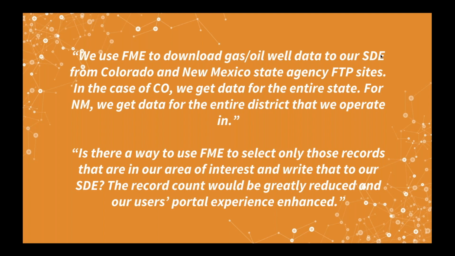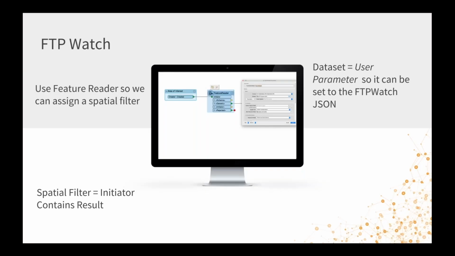So for this example, I have set up a workspace. And so I have pulled data from the New Mexico FTP site for this example. And then what we're going to do, rather than using a reader, we're going to use a feature reader. And this allows you to add a spatial filter based on a polygon or an area of interest. So what I've got set up in here is, in the feature reader, I've set the data set as a